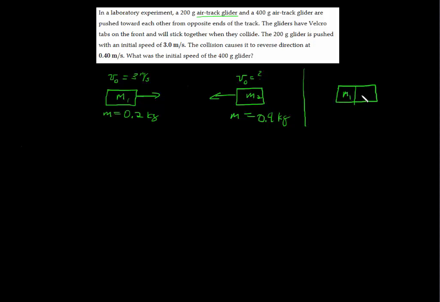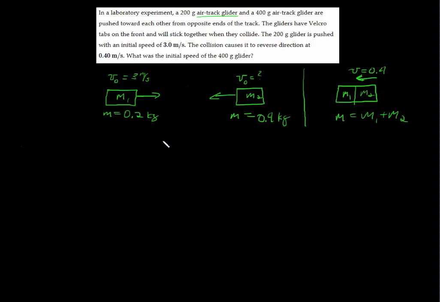So we have mass 1, mass 2, and when you read it, it says that it causes this one to change direction and go this way. So the velocity is going to be 0.4 this way. All right, so I think we're good. What's the initial speed, and so on. Oh, the total mass over here is going to be mass 1 plus mass 2. All right,